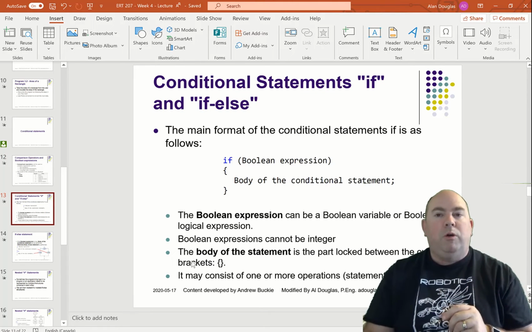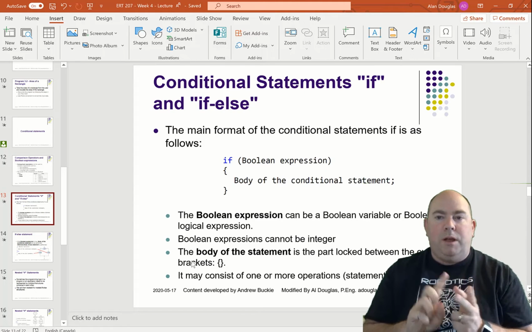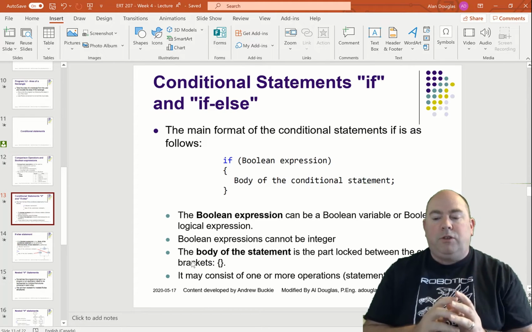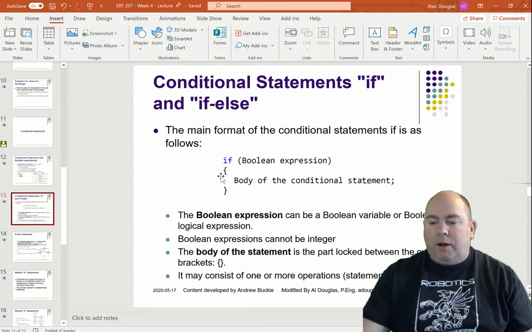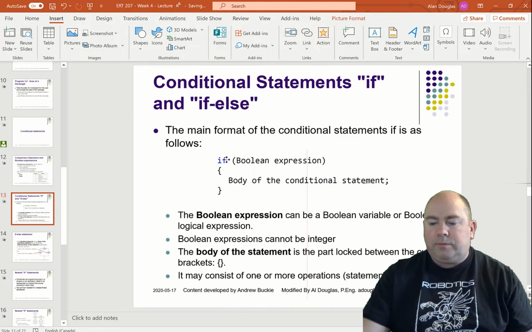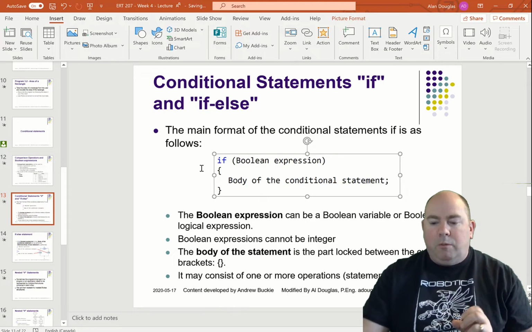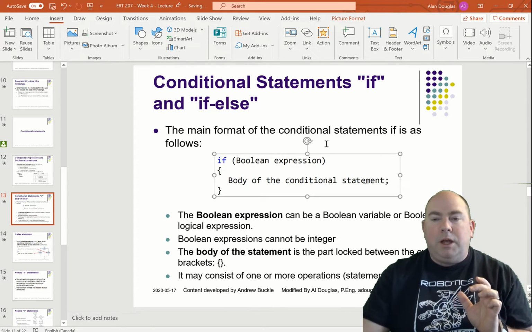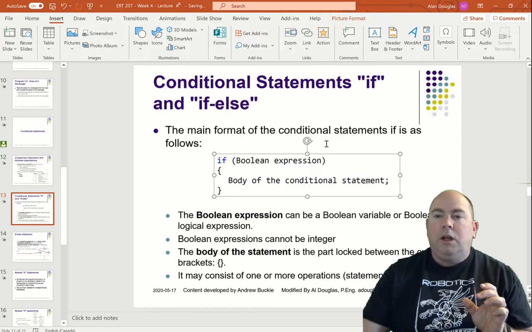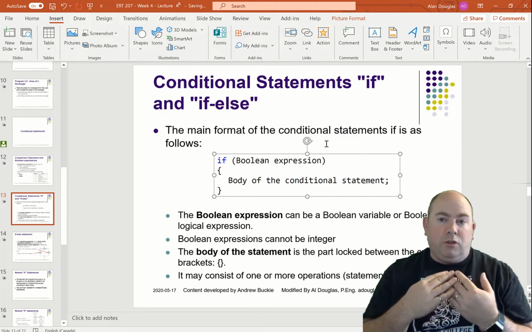The very first one we're going to use is just the straight up if statement. Basically, the way all of these work, we're going to create our if line. It's going to look like this here. And the way this works, I'll show you when we do our program. Basically, we create an if statement. We then have an expression that follows that in brackets. That is going to be a Boolean type of expression. If that expression is true,